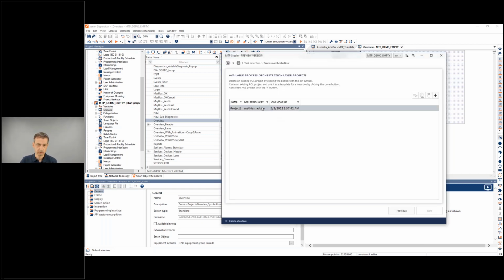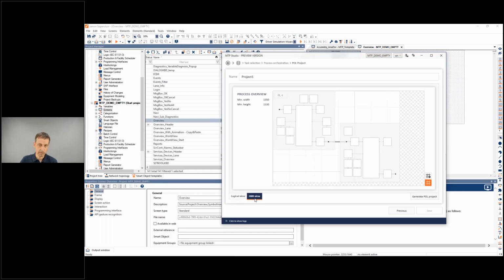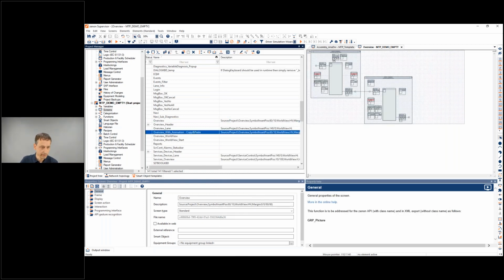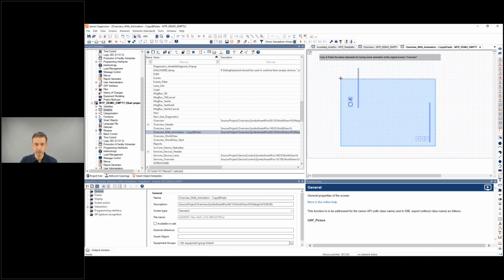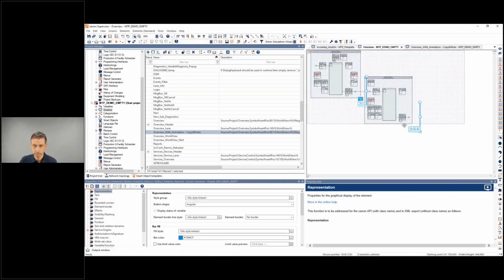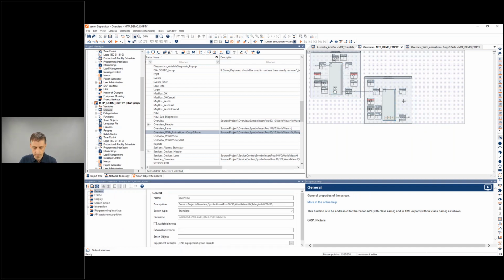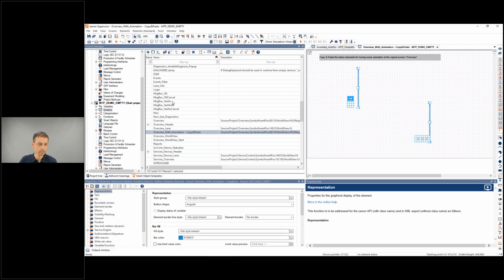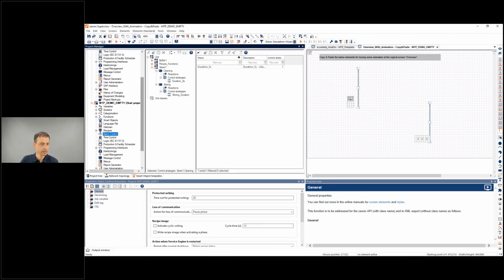This looks more or less the same as Matthias did the layout here. We will now simply do some copy and paste action for some small animation icons. I think this should be okay. Save it. And while I'm starting the